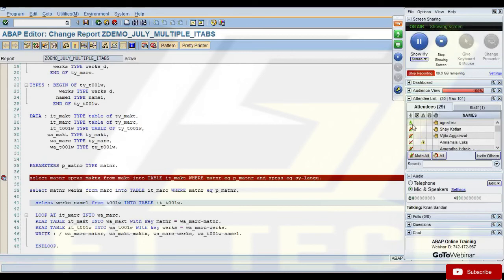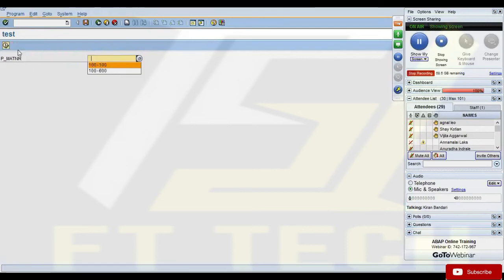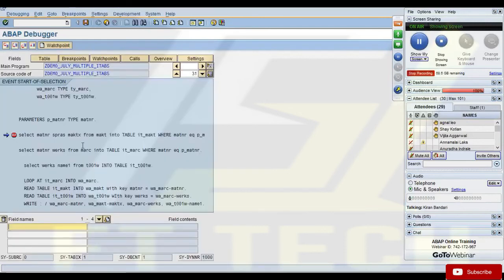So as I said before I take your questions, this program looks perfect, but the only issue is even though I need only certain plant descriptions, since I'm writing this select without where condition, it is bringing all the data from the database. It has fetched around 191 records from the database.